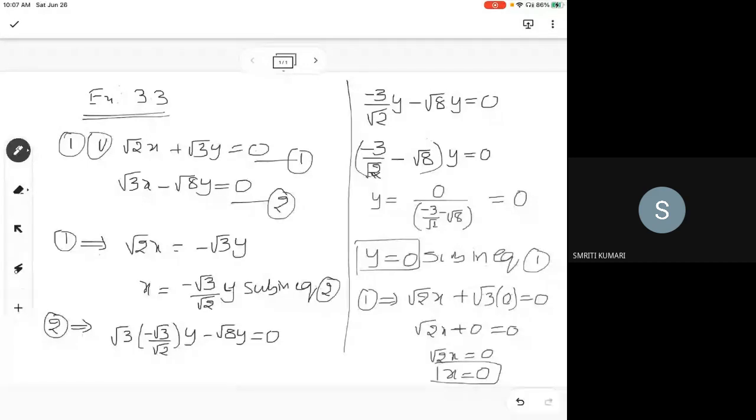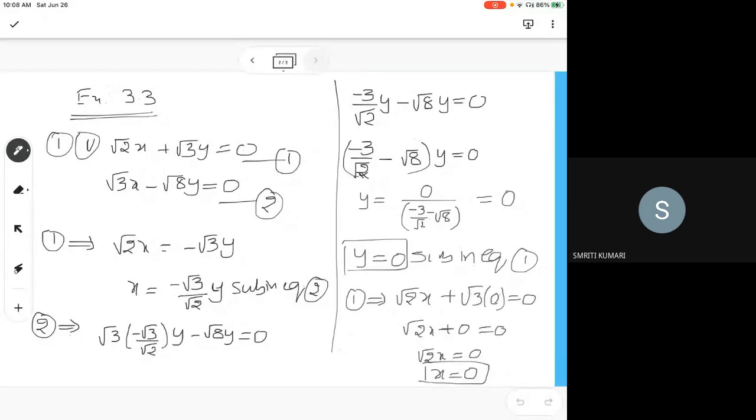But here your observation is very much important. When you observe properly, these two lines are lines without constant. When you make such an observation, it is an easy task to get the solution a little bit faster. So this is the way to find the solution of this one.